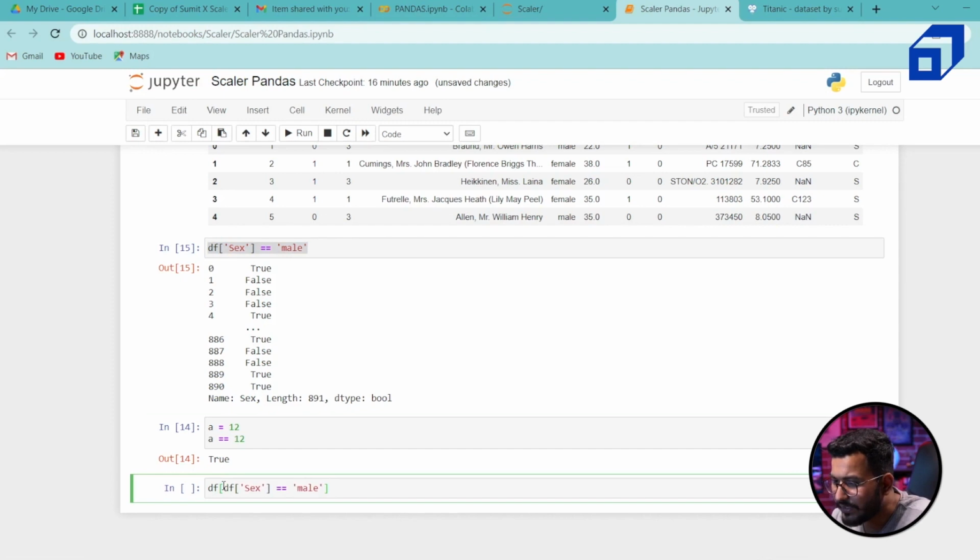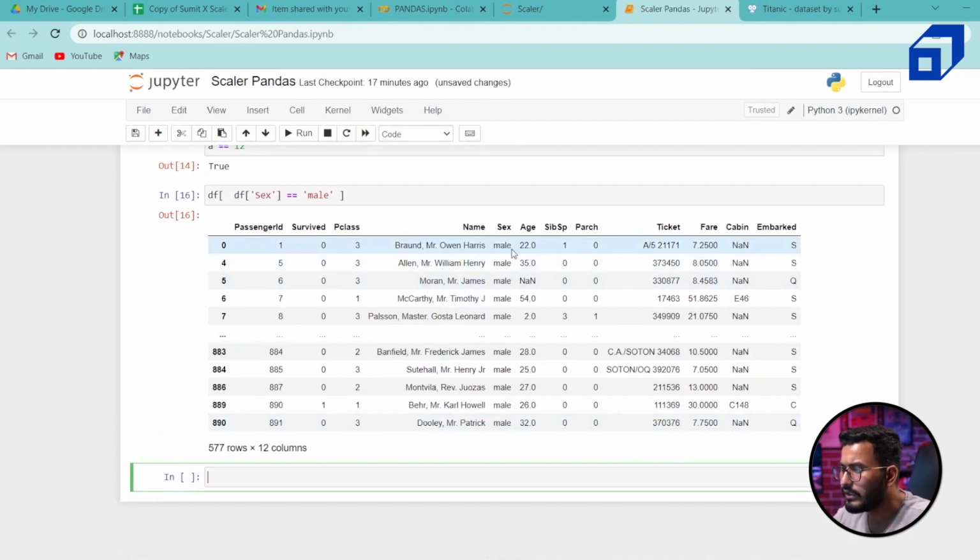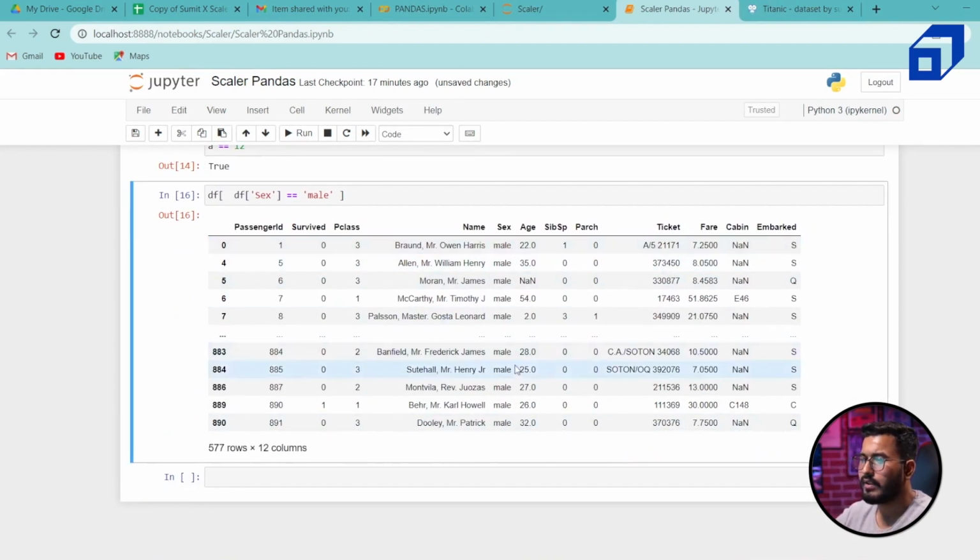If you carefully observe, this is my condition which will return a boolean series of true and false, and here we are using this boolean series to index my data frame df. If I execute this, you can see that we only have those rows where the sex is male. Similarly, if I have to apply multiple filters, I'll quickly go to my